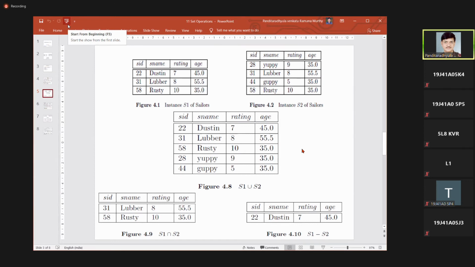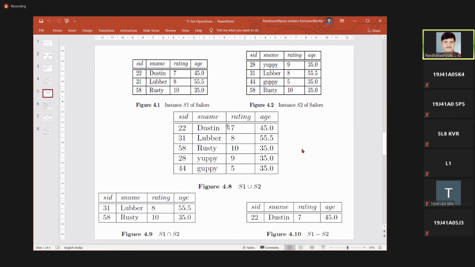It simply adds all values from the first table, maybe Dustin, Lubber, Rusty, and it takes the remaining values which are not present in the first table into the result.